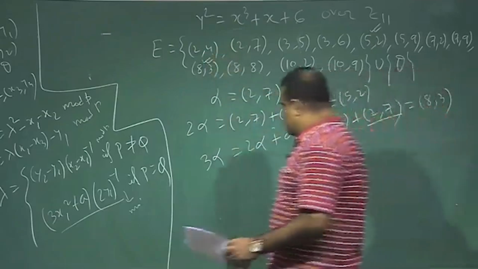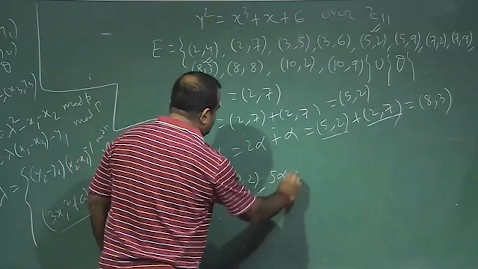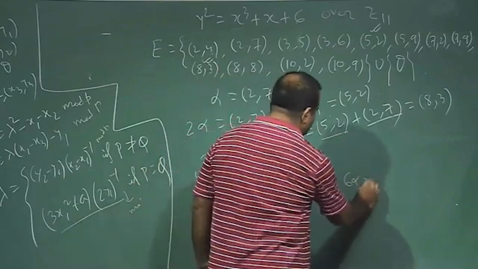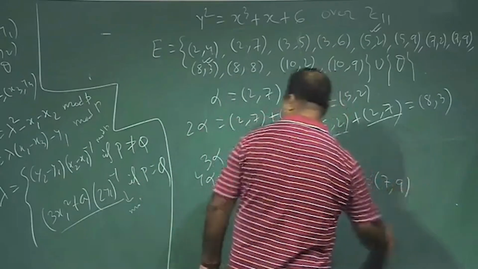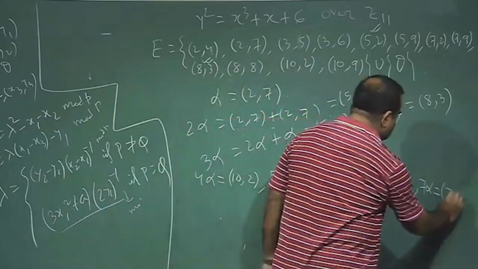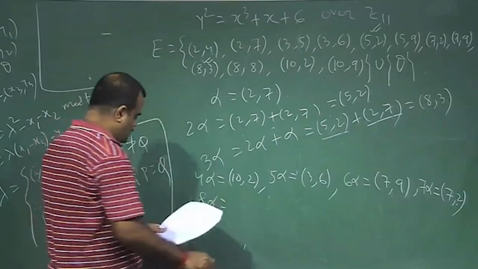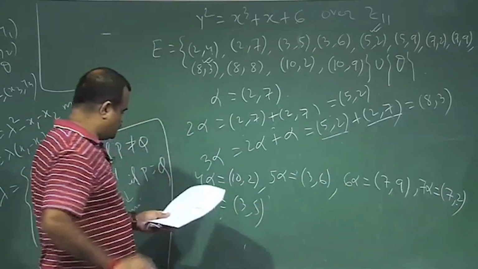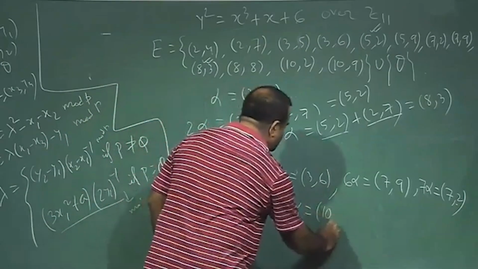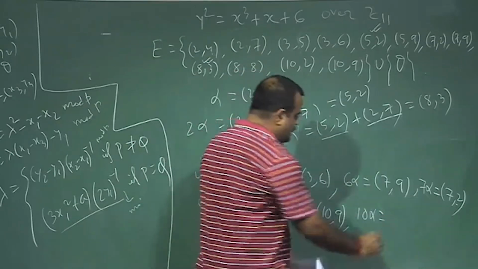So in a similar way, if we continue, 4 alpha will be (10, 2), 5 alpha will be (3, 6), 6 alpha will be (7, 9), and 7 alpha is (7, 2). 8 alpha is basically, so this we have to calculate, (3, 5), so we have to calculate based on this addition rule. 9 alpha is basically (10, 9), and then 10 alpha is basically (8, 8),